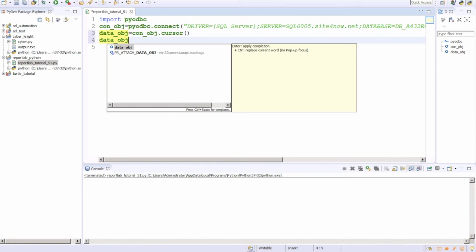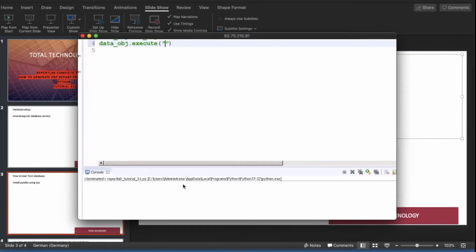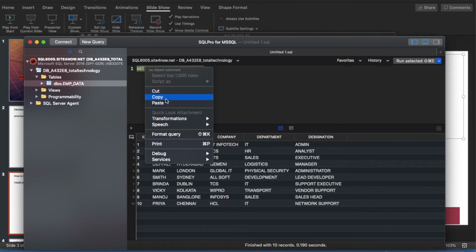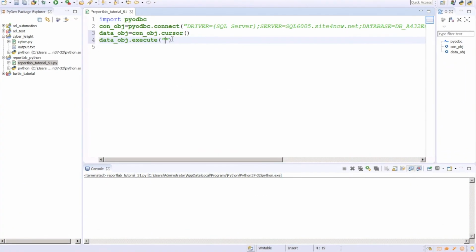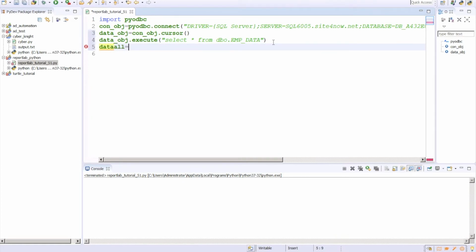Okay, so for that what you need to do, we need to actually execute this thing like this. And you have to write the query, and the query is going to be this one, select star from this. I'll show you. This will be our query. So this is kind of a bit complex, and after that let's say data all equals to